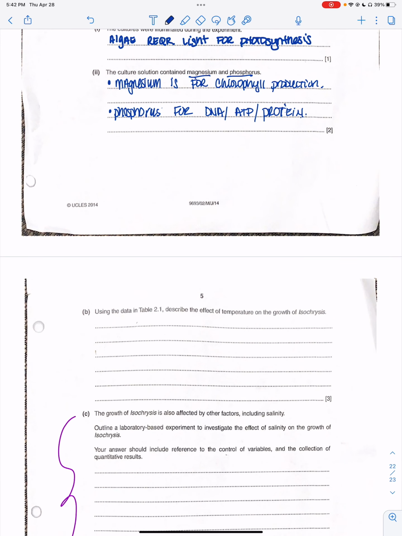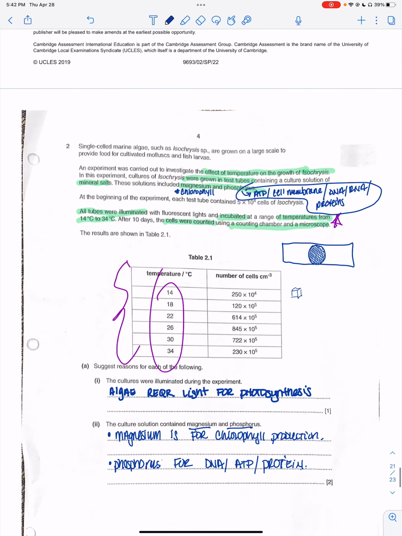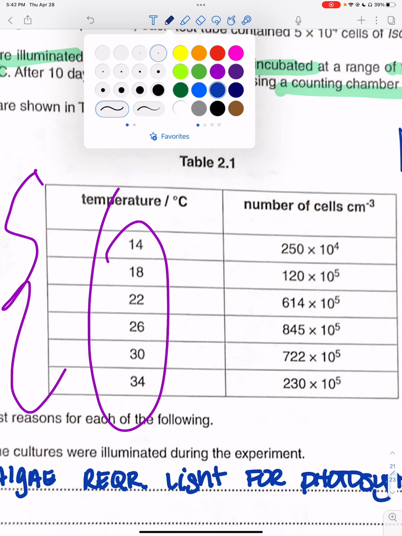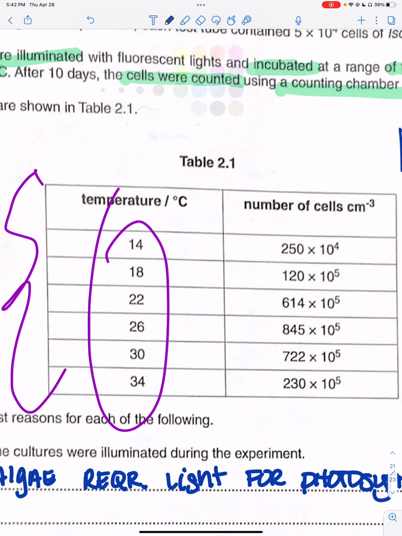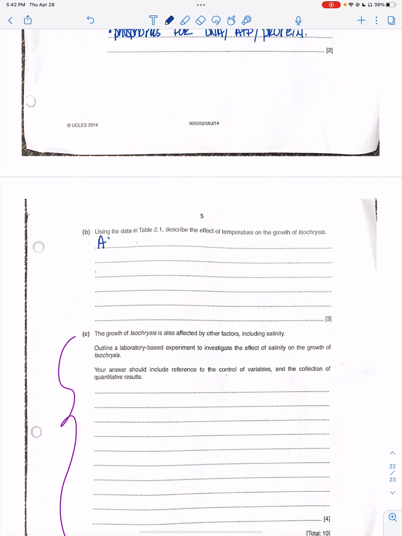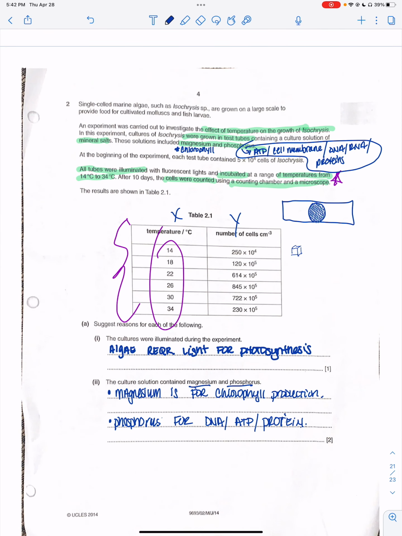Describe the effect of temperature on the growth of Isochrysis. All right, so look at your numbers. Describe the effect of temperature? You're going to say as the temperature, this is your X, this is your Y. We'll just start that sentence right now. And you don't have this blank copy, but it's just an example. As the temperature, whatever it does, the temperature is going from 14 to 18, 22. It's increasing. The number of cells